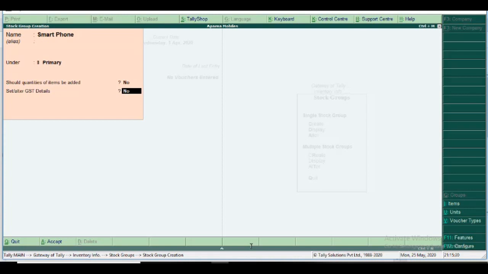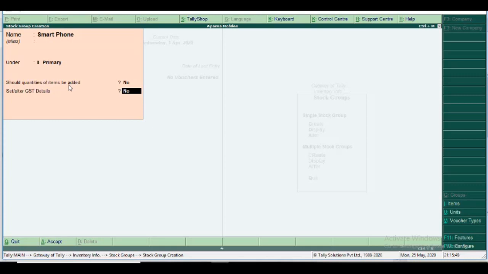And if you are willing to create GST details, at this level we open yes, the smartphone gets its HSN and its tax rate.